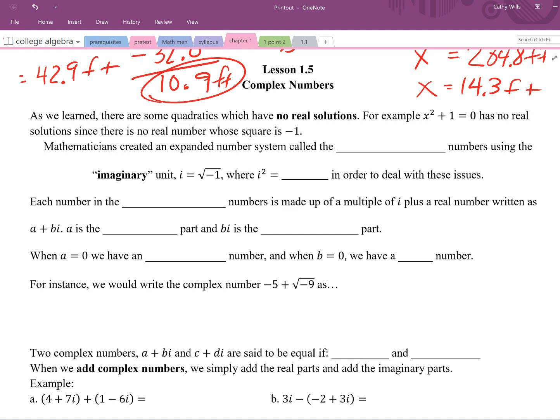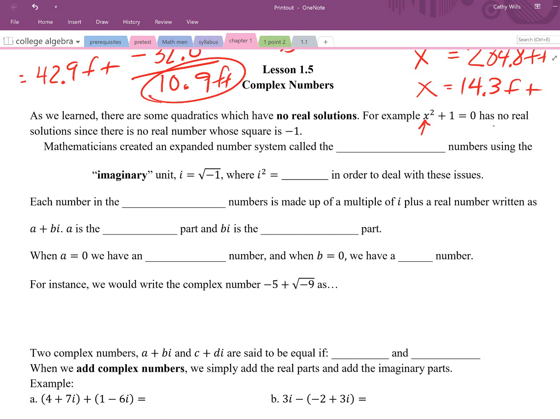For example, x squared plus 1 equals 0 has no real solutions because there's nothing you can put in for x here that's going to give you -1, so that when you add it to +1, you get 0. So there are no real numbers that you can put in that will be solutions for that equation. However,